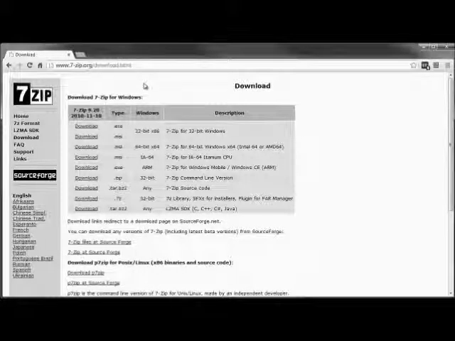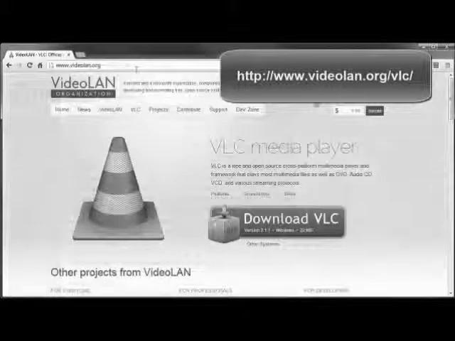Now, another "I can't open this file" type moment might be when you download a video or audio file that will not work with the player that you have installed on your computer. The answer to that dilemma is another free program. This one is called VLC. And you can download this at